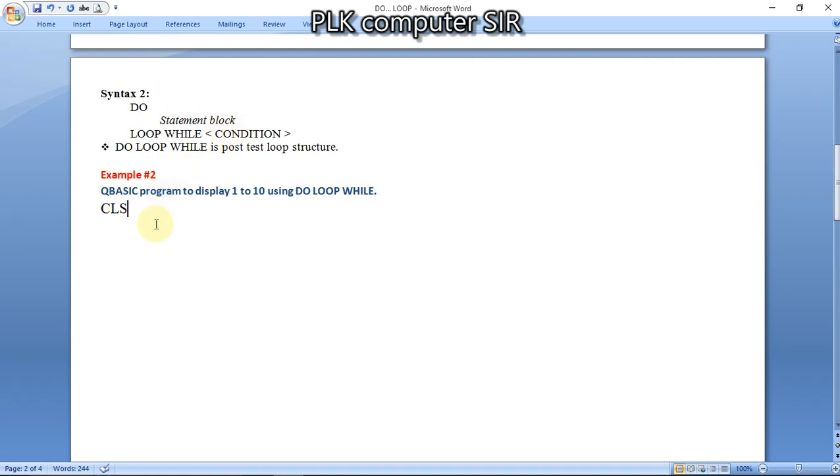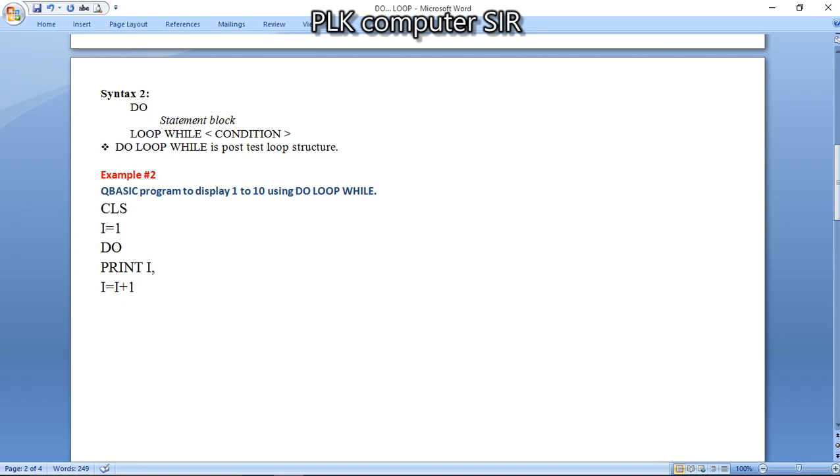By one example, the same question, 1 to 10, using this one. Initialization of counter start value to 1, then do, as we see in the syntax, then print the value I, then increase the counter by 1.